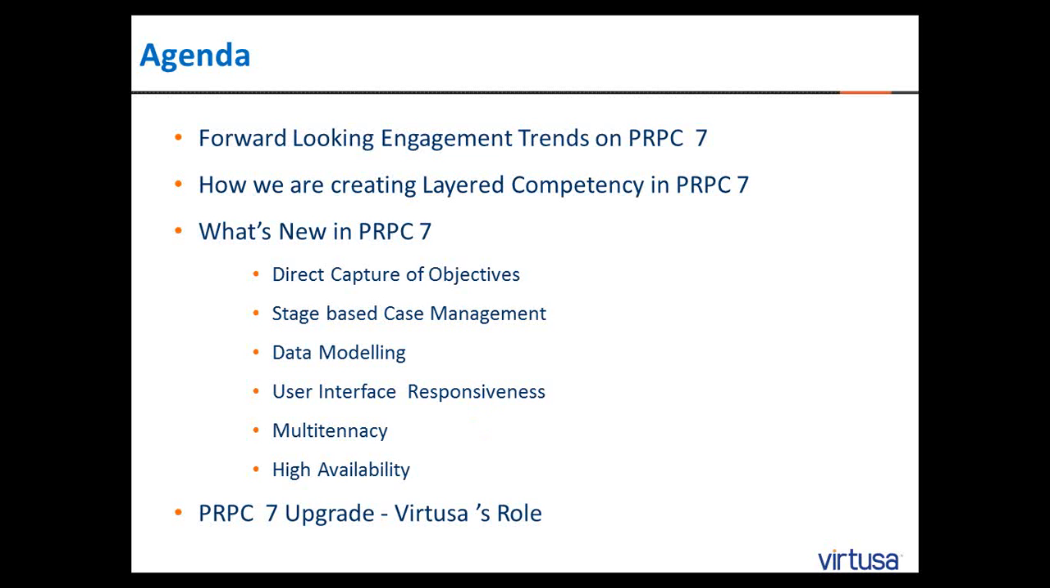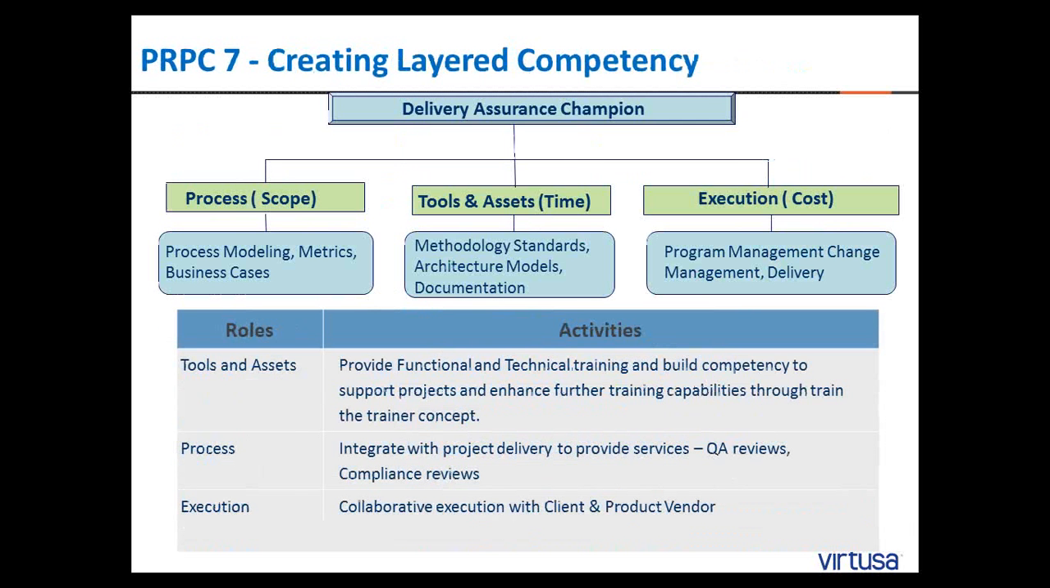Yeah, we start with the DCO, direct capture of objectives. As everybody knows that 7 is the most awaited version of Pega, and it has changed a lot